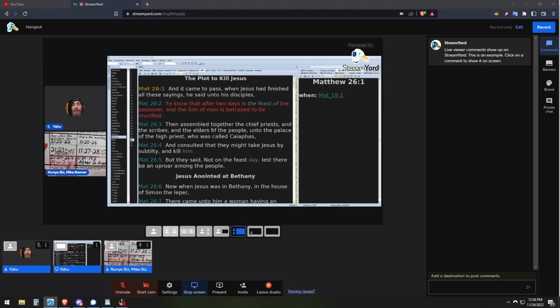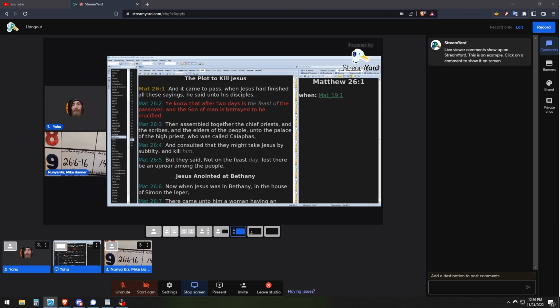"Then assembled together the chief priests and the scribes and the elders of the people unto the palace of the high priest, who was called Caiaphas, and consulted that they might take Jesus by subtlety and kill him. But they said, Not on the feast days, lest there be an uproar among the people." So we end this at 26:5 because in 26:6 we learn later that we're going to skip a day,